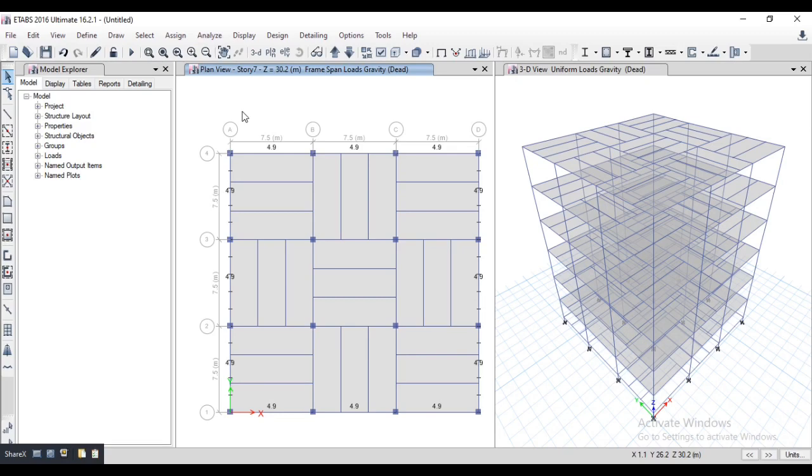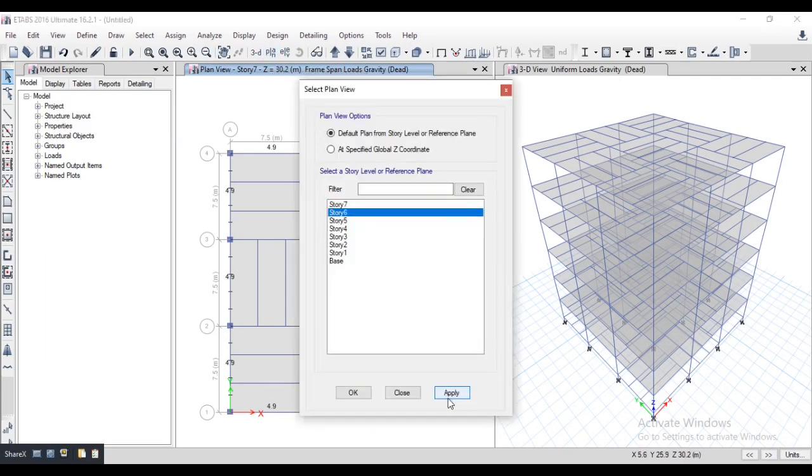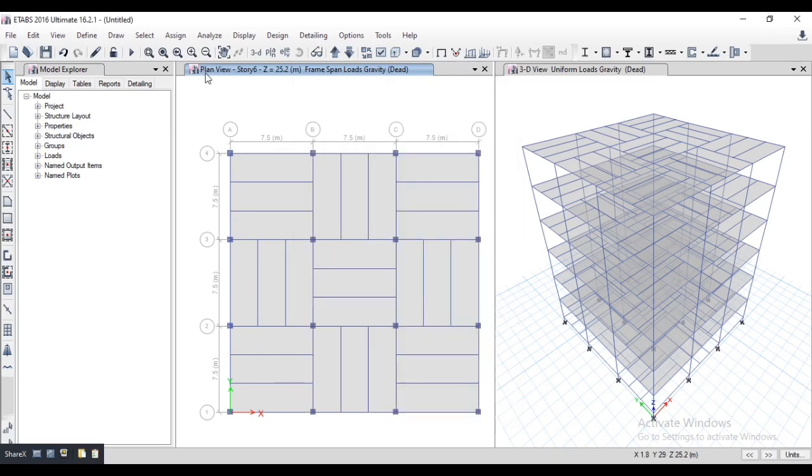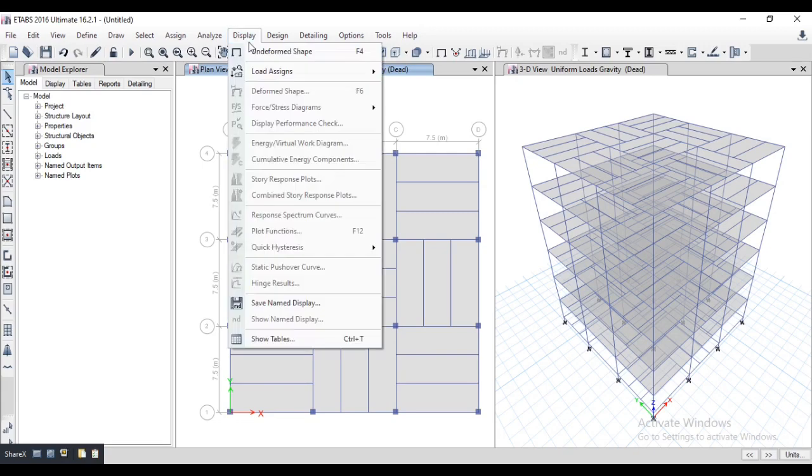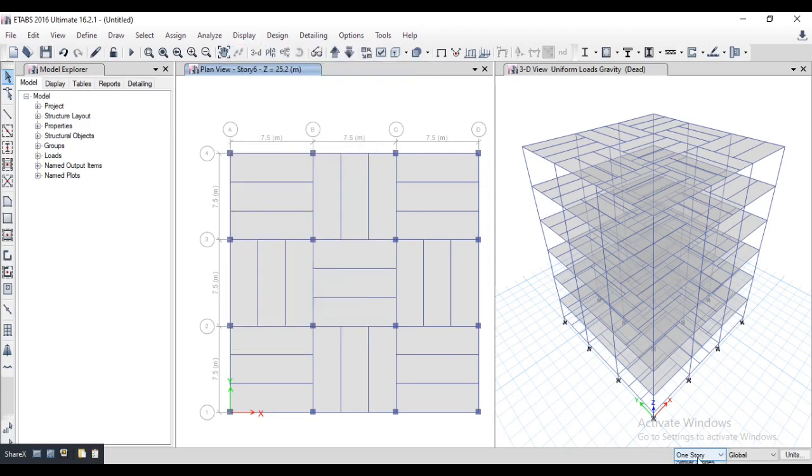After this, we will assign slab load on typical floor. Go to plan, then display and deformed shape, one story, all story. Select all, for saving time.